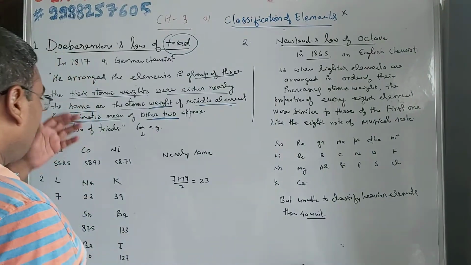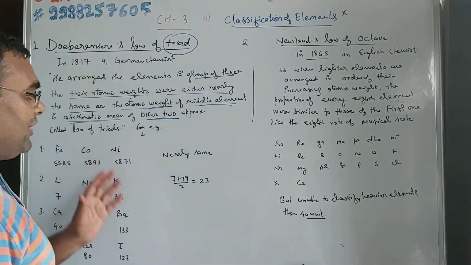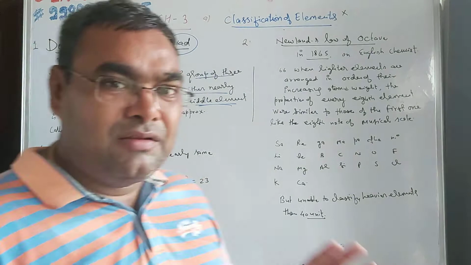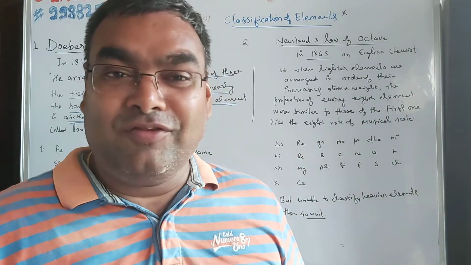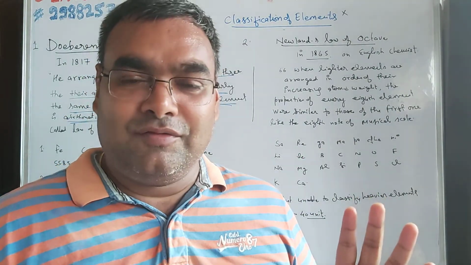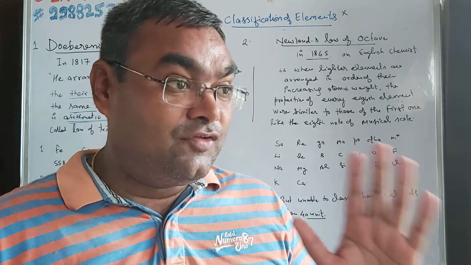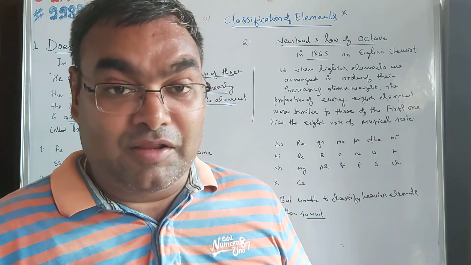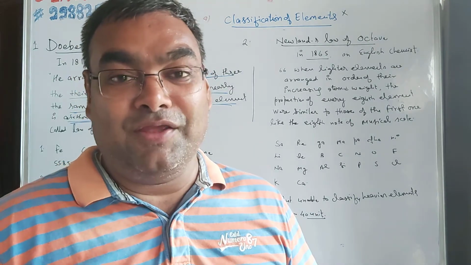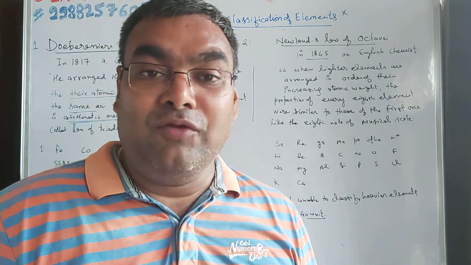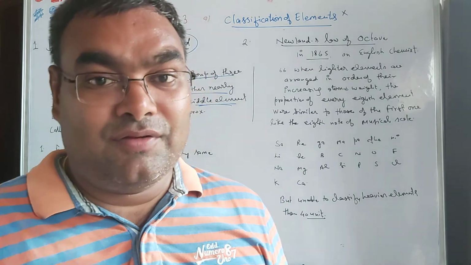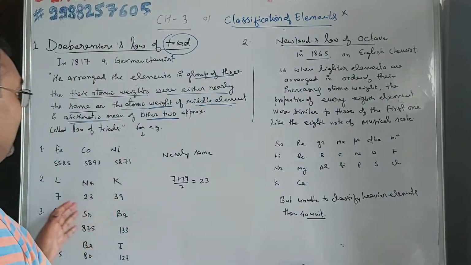So this is the view of Doebereiner's triads, but he failed to classify all the elements present at that time, in 1817. Nearly 65 elements were discovered at that time, but he failed to classify all of them in the form of triads, so it was discarded. And then later on,